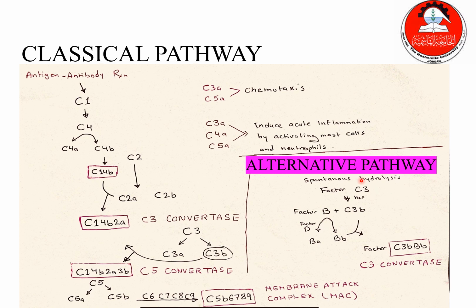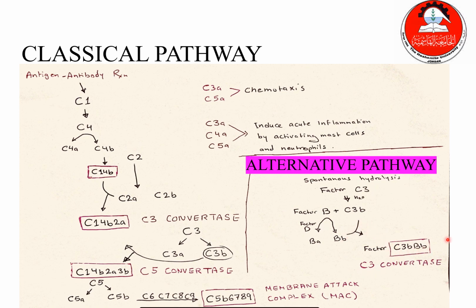بال pathogenic bacteria or foreign antigens spontaneous hydrolysis of the C3 بعطينا C3A و C3B. في هاي الحالة C3B راح يرتبط مع الفاكتور B. C3B صار له hydrolysis. هلا في عندنا الفاكتور B راح يأثر عليه الفاكتور D، راح يعطينا BA و BB. هلا الC3B راح يرتبط مع الBB، وبالتالي شو راح يعطينا